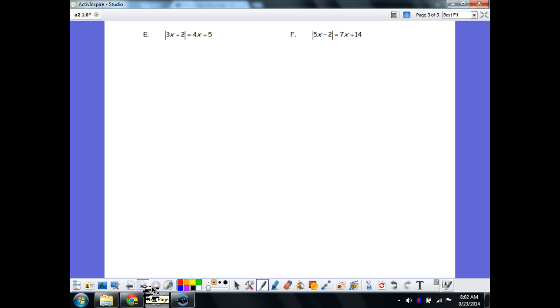So when we do this, we're going to take that part that's inside, the 3x plus 2, we're going to set it equal to this, and we are also going to set it equal to